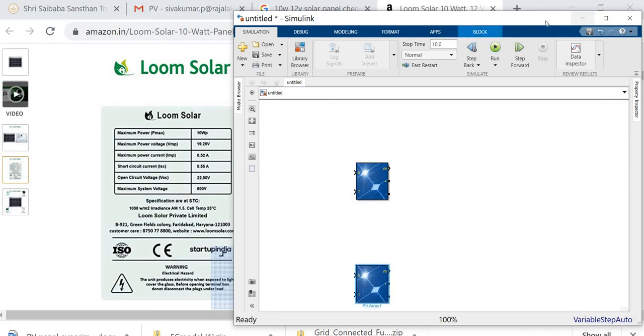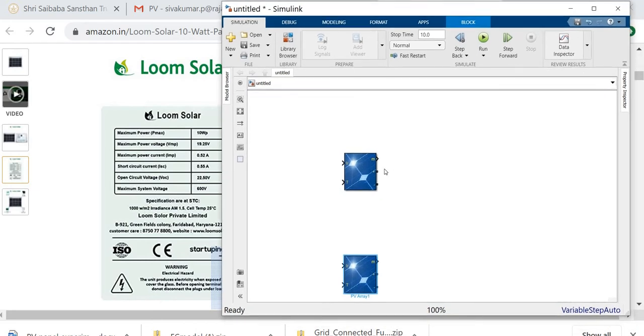That is another PV panel, I got it. Again I cover these 2 PV panels, right click and move here. So this is another set of 2 panels. Now I have the 4 PV panels available here.